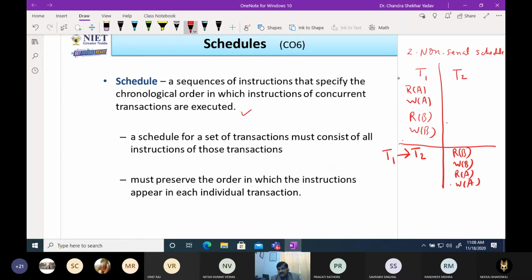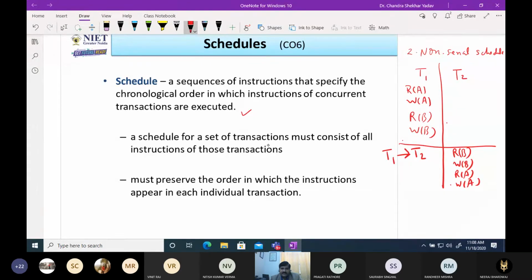After completing all the instructions of T1, we will start the instructions of T2. So this represents the chronological order in which instructions of the concurrent transactions are executed.